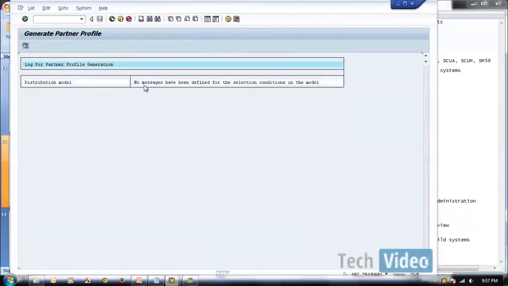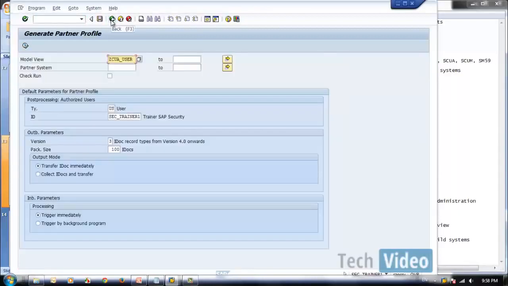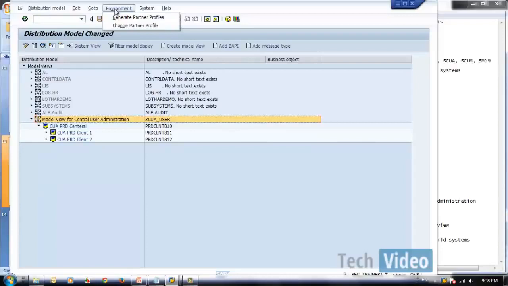Then you got a log for parameter generation, distributed model. No message has been defined for the selection condition in this model. Now we have generated and distributed. We can go back, say